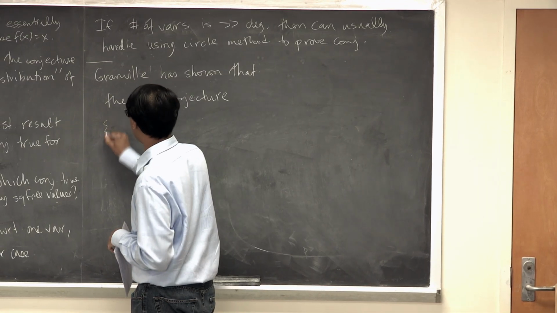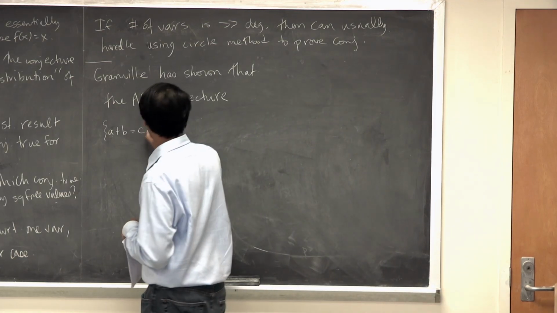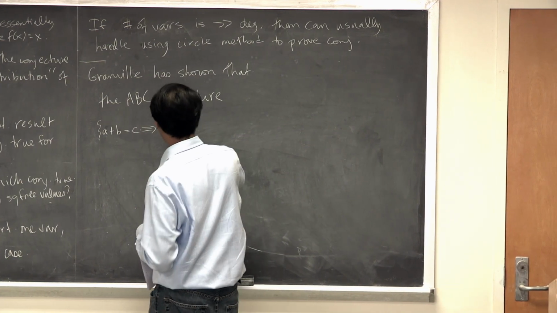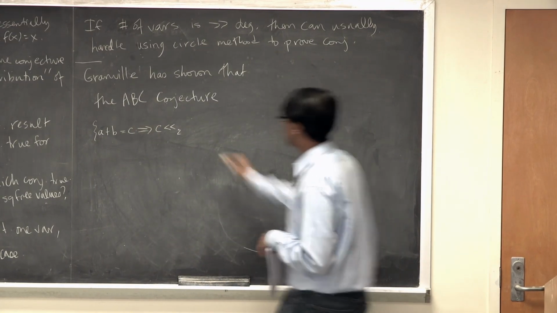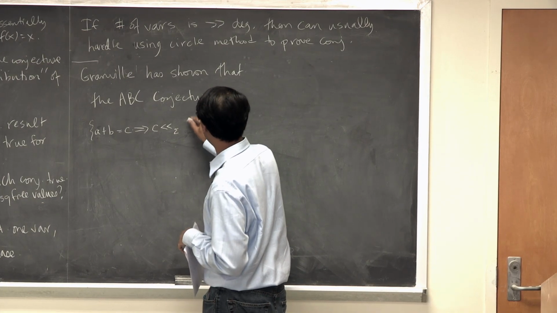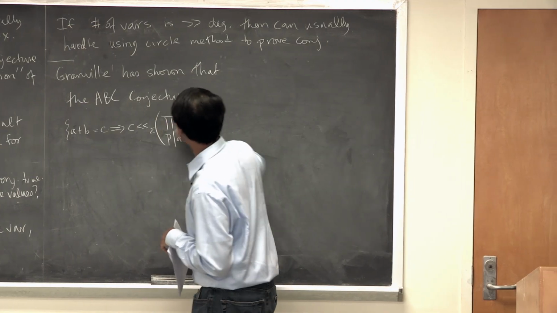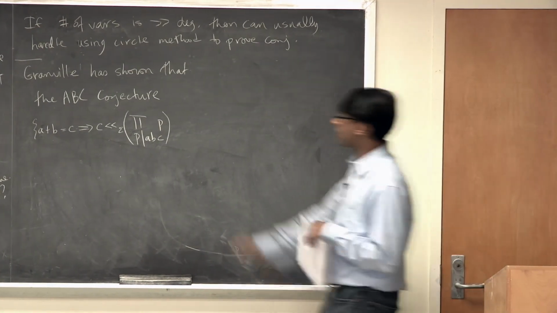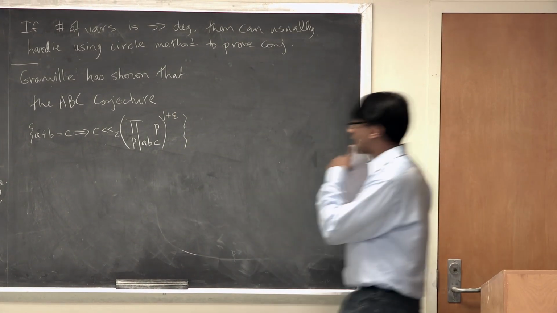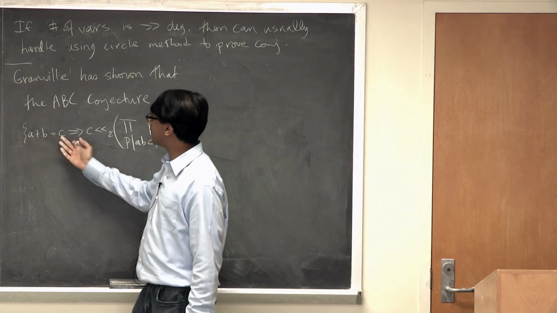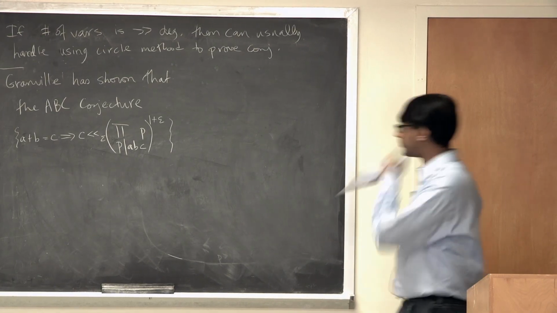The ABC conjecture says basically that if you have two numbers that add to a third, then C has to be at most a constant times all the primes dividing A, B, and C, just counted once, to the power 1 plus epsilon. So that's the ABC conjecture. So it's saying that you can't have lots of prime divisors of all three of those things simultaneously if they add to each other. So this conjecture,